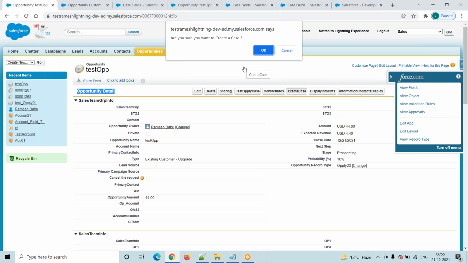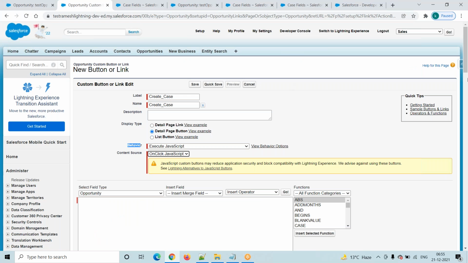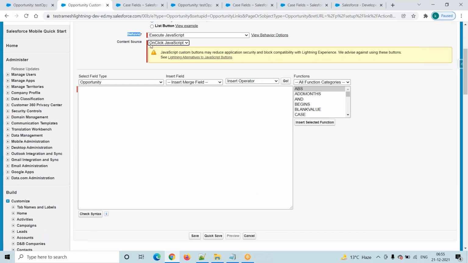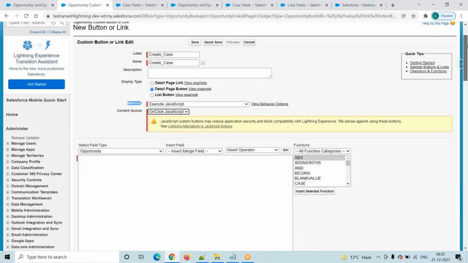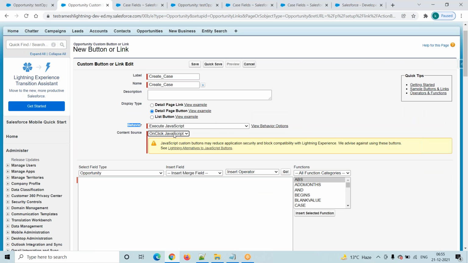So that's why we are developing a detail page button by using JavaScript. Here we are selecting the On Click JavaScript option. Whenever we are developing a JavaScript button,